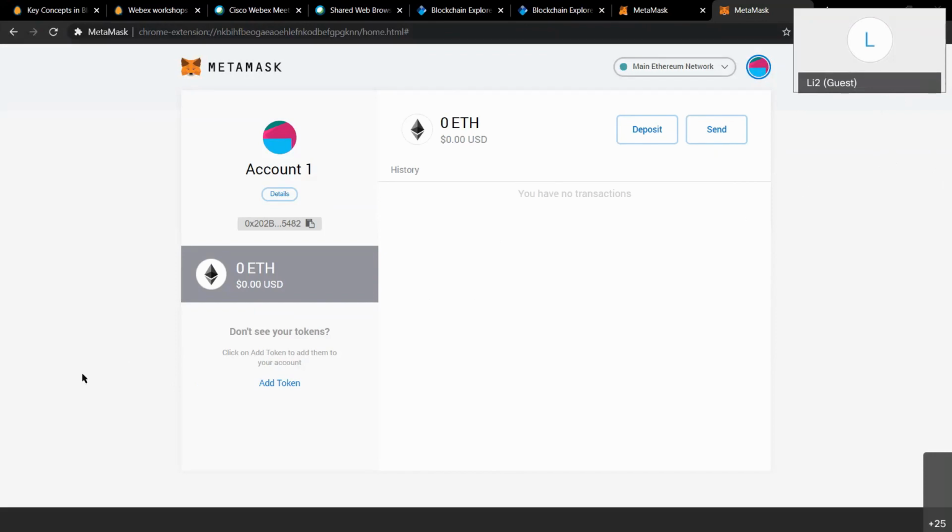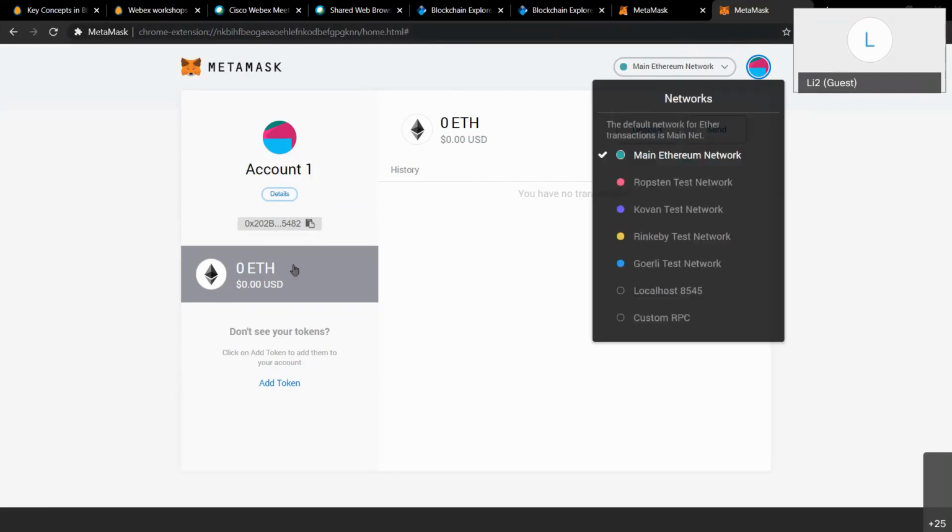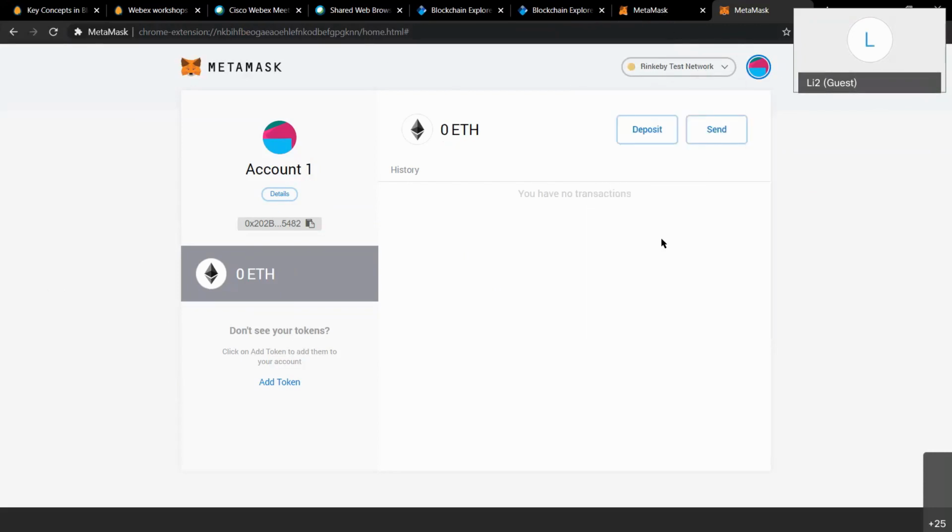So once we have set up our MetaMask wallet with zero ethers, next we're going to get some ethers into the wallet. By default, if you see on the top right here, we have the main Ethereum network selected. Just choose the drop down and change it to Rinkeby. Rinkeby testnet